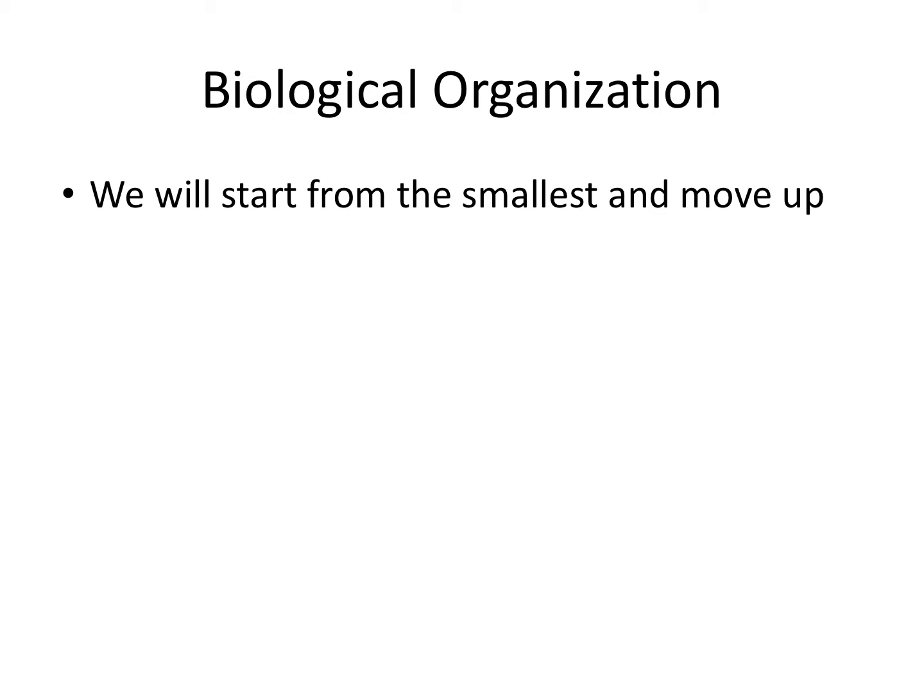Biological organization. That's the next section here. I'm going to start with the smallest thing because we generally do that in this course. The smallest thing we might consider is a sugar molecule. Let me erase that because that one's not well drawn. Sugar molecules generally are hexagonal, or they can be pentagonal. So a sugar is a molecule, and if you remember earlier courses, glucose is the most common one.